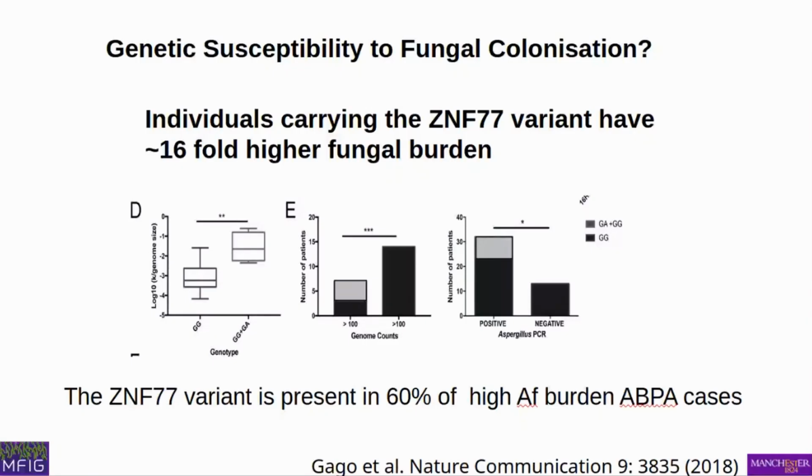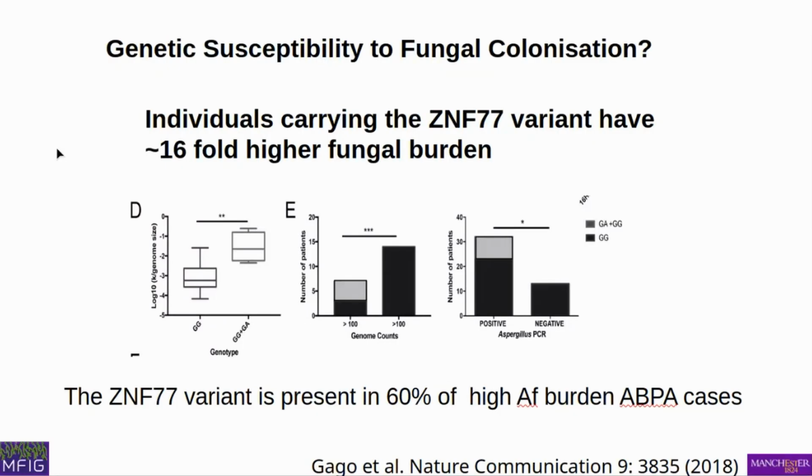Those people have got lots of fungus in their lungs, but they are not ill. So obviously with ABPA, and I'll talk a little bit more about this later, you've got to have asthma, you've got to be allergic to the fungus. And if you don't have those things, you can still have lots of fungus, you just won't have ABPA. So whilst this is a really important gene and genetic cause of ABPA, it's not the whole story. You just have to think about the context a little bit.